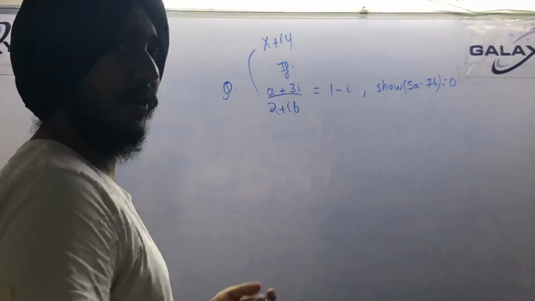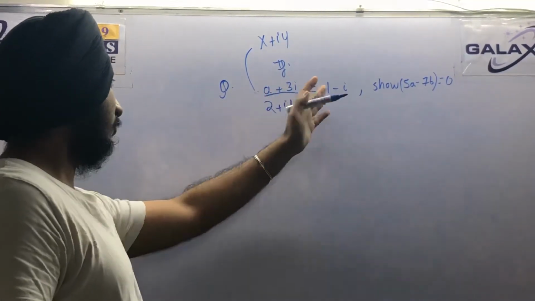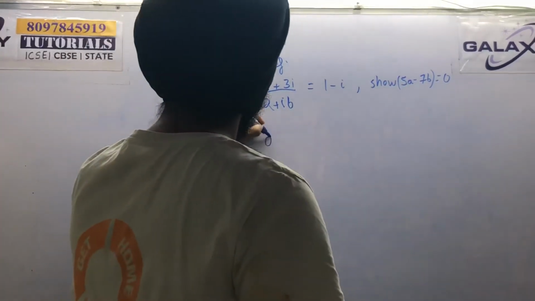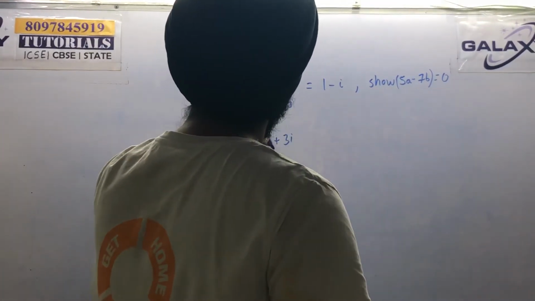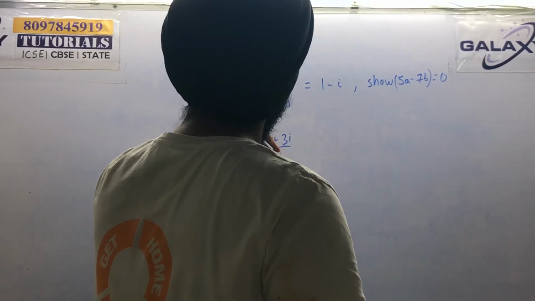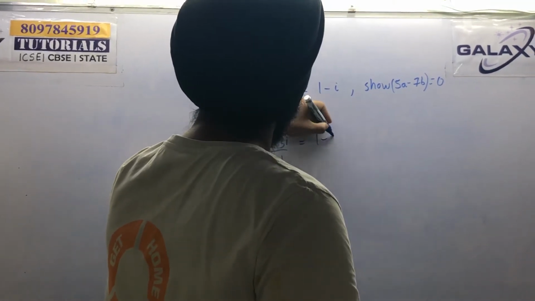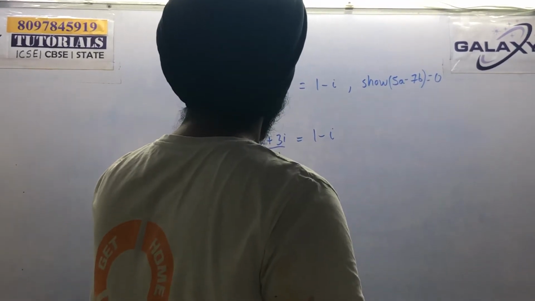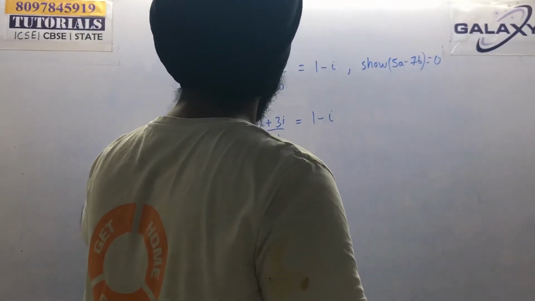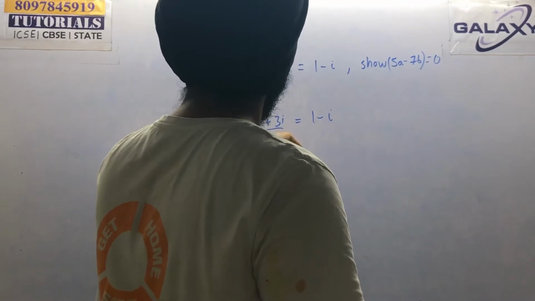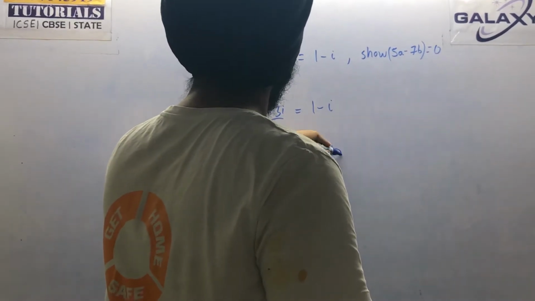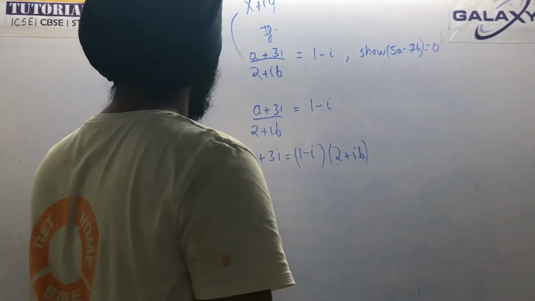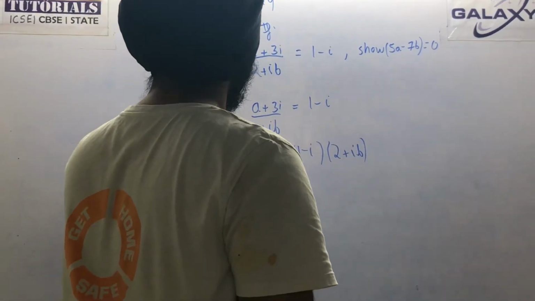So how to find the values of a and b? You have to find them from comparing both the sides of this relationship. So you can do like this. Cross multiply. So this is a plus 3 iota is equal to 2